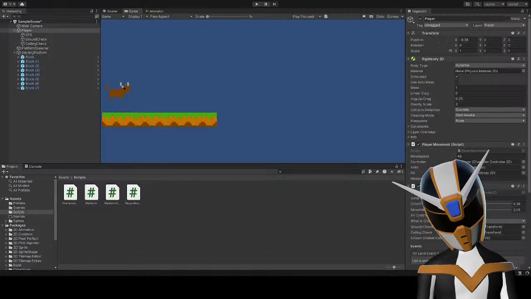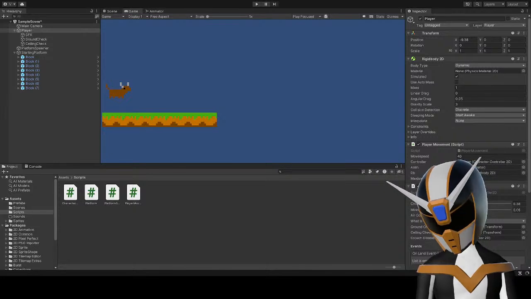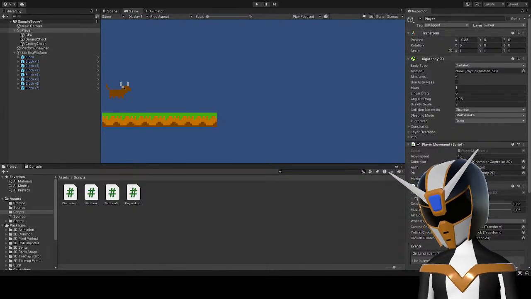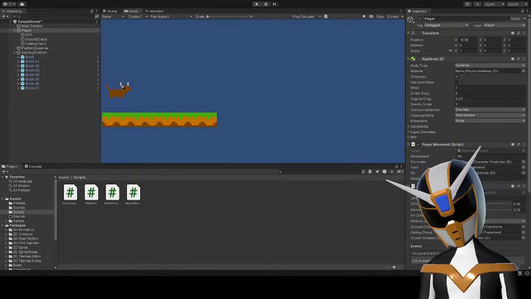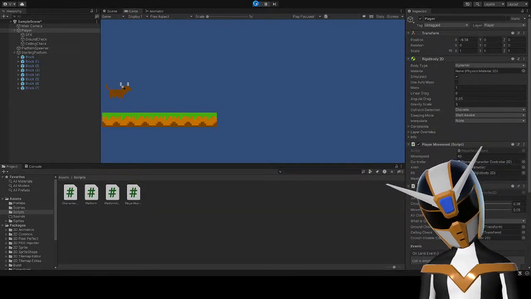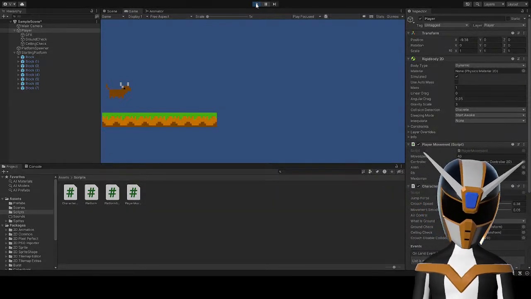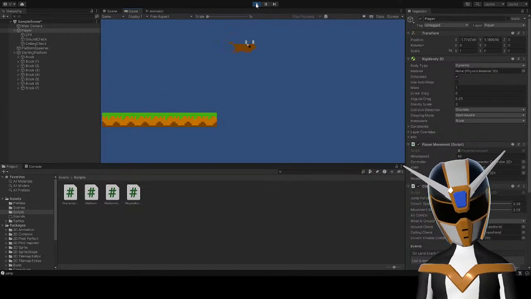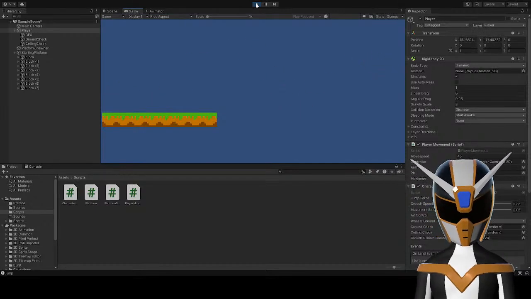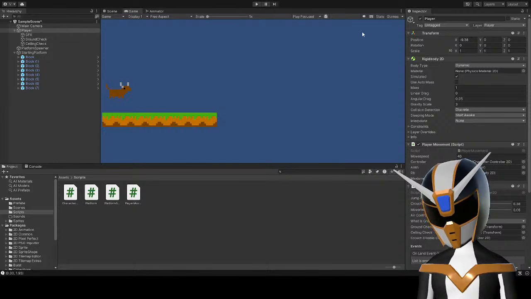Okay, hopefully that'll work. I think I've used that before in some game, but I don't remember. So let's find out if it works. It works. Excellent. Perfect.